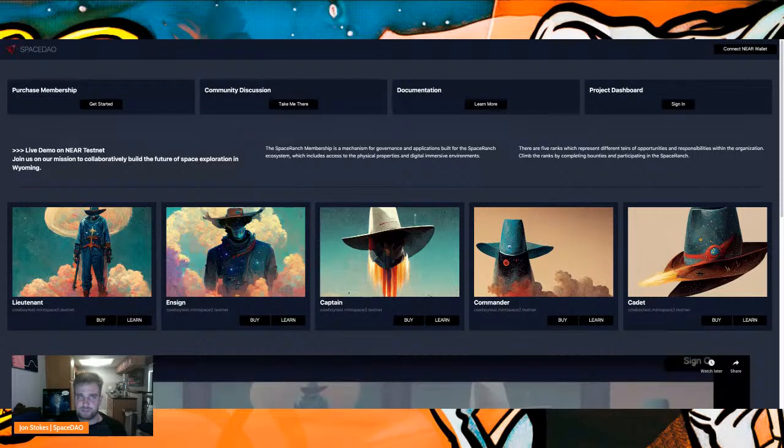Moving forward, this project started from the ethos of democratizing access to space and creating a more fair and diversified organization to interact with this emerging space industry.